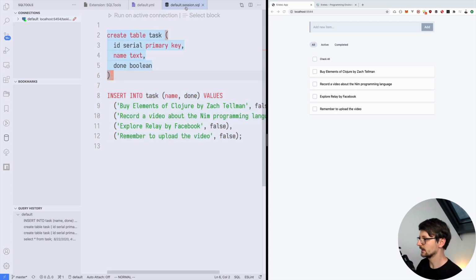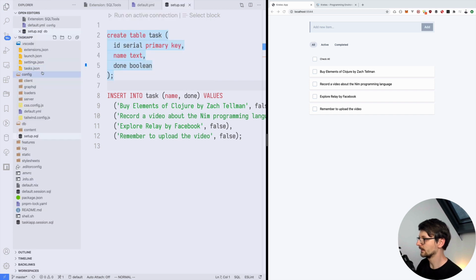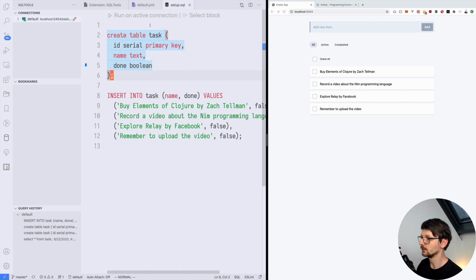And this way we can now store this file somewhere in our project directory. So for example, we can save it as setup SQL, and now it lives alongside the database. So whenever we need to recreate that, we have it here. We can just open the connection and run this again. But that's not the best way of managing a database,